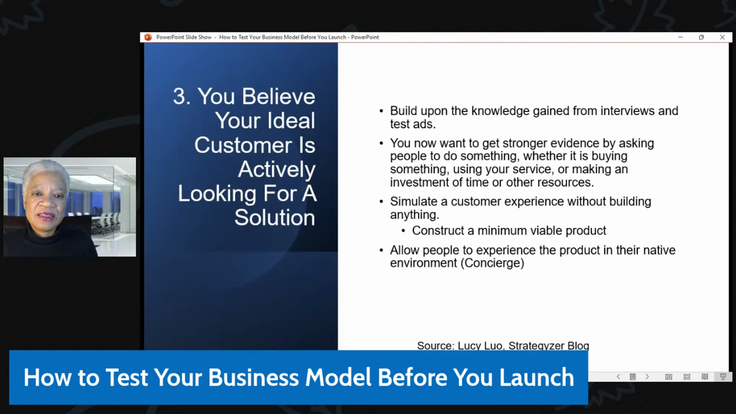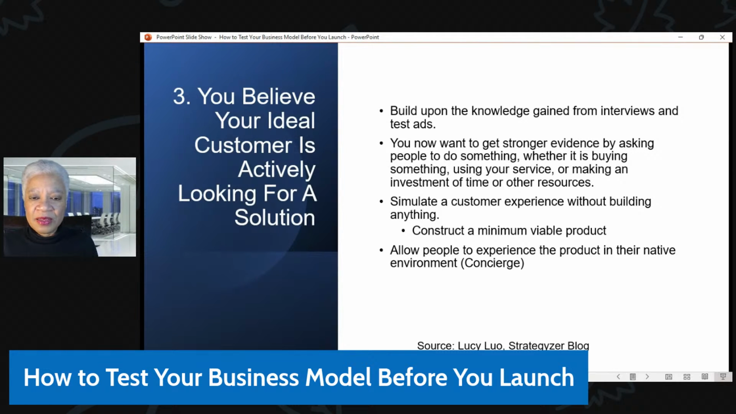All right. And then the third test, this is a test that you do when you believe your customer is actively looking for a solution, right? So you want to build upon the knowledge that you gained from the other two tests, as well as from the interviews, right? And you still want to get stronger evidence. And the way you do that is a call to action. This call to action could involve them actually spending more time. It could be actually making a purchase, actually using your service, or anything that requires them to do something a